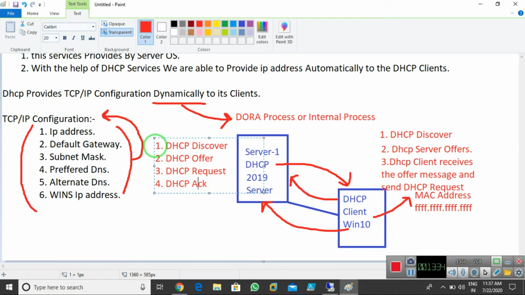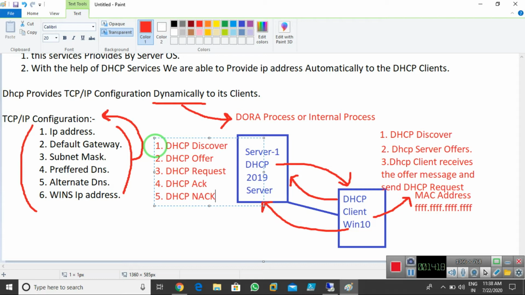One thing also is known as when the client doesn't get the IP address configuration. Or you can say that if my DHCP client discards the IP address configuration, he doesn't want this IP address configuration. So what happens in that case? DHCP sends the NACK. NACK means negative acknowledgement message. Imagine that my DHCP server sends them a request. Now what happens in that case? This client doesn't want to receive this DHCP server package. So what does the client do? Client sends their negative acknowledgement to the DHCP server that okay, I don't want your IP address. I have some other DHCP server who sends me the package.